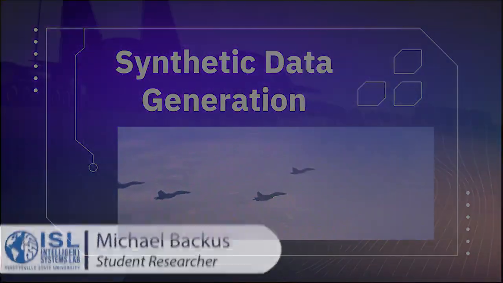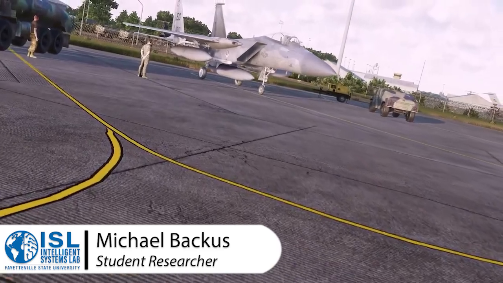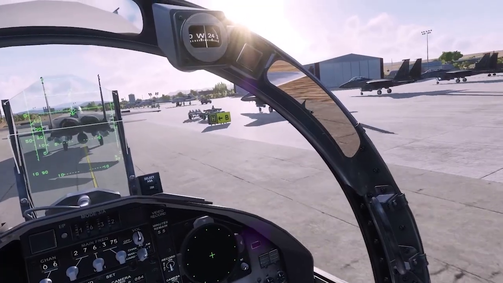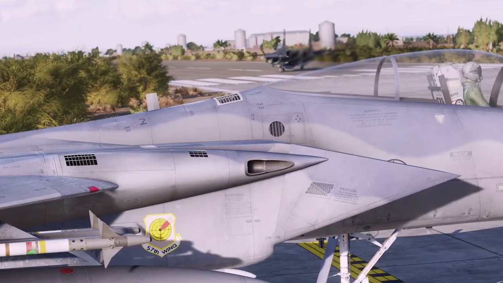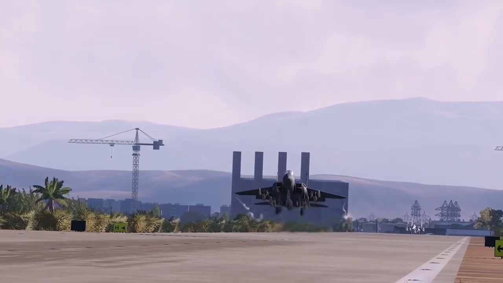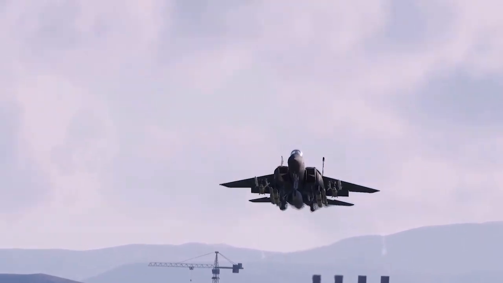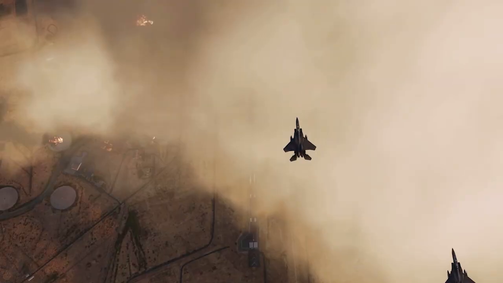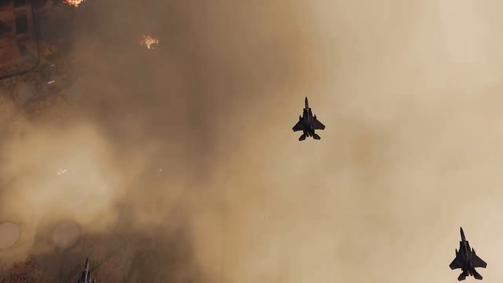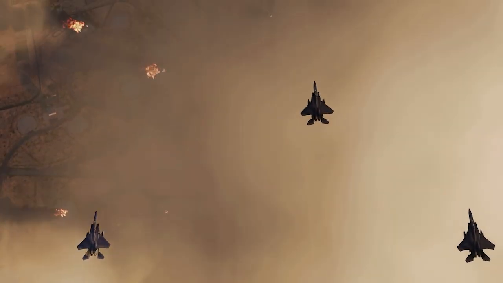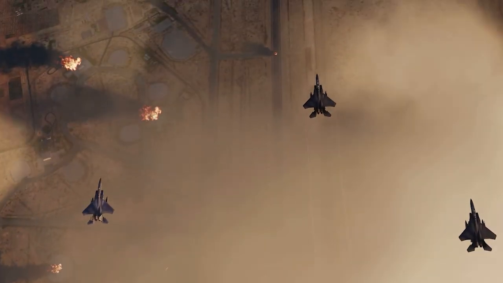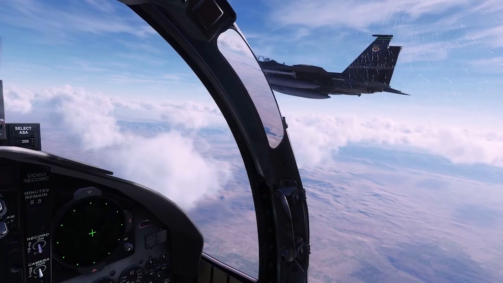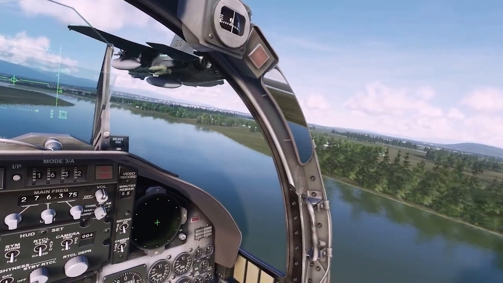To generate our synthetic image data at scale within an integrated environment in which we can modify to support different scenarios, we have chosen to use the Digital Combat Simulator, or DCS, to create comprehensive synthetic datasets focused on military objects and vehicles. The visual fidelity and general realism of DCS make it an ideal testbed for generating synthetic image data to then train detection models on these image sets with the goal of enhancing and improving